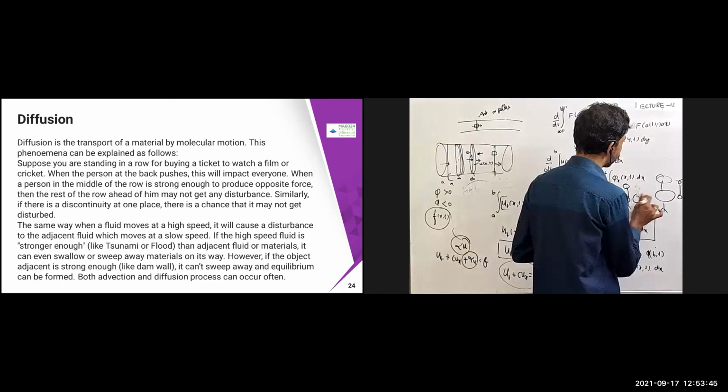Next one. So there is an advection term. If there is an advection term, then you can add that term also. Advection and diffusion in the process, then you can add this c ux term also. For example, you can consider the ant story or a pollutant in a river. Advection occurs due to the river flow speed, so the pollutant is flowing along the river.